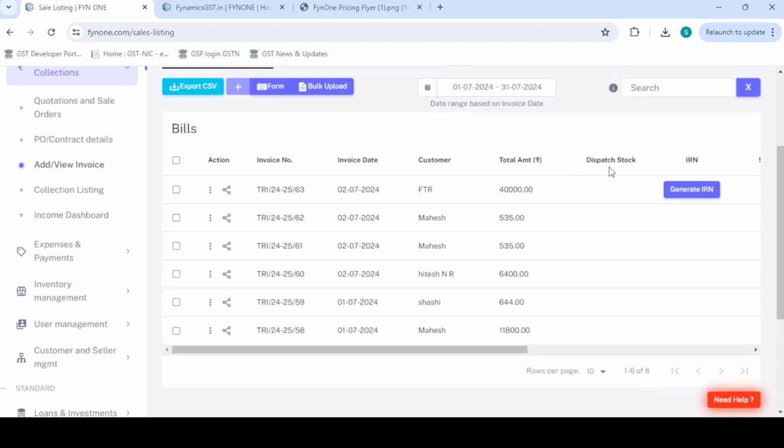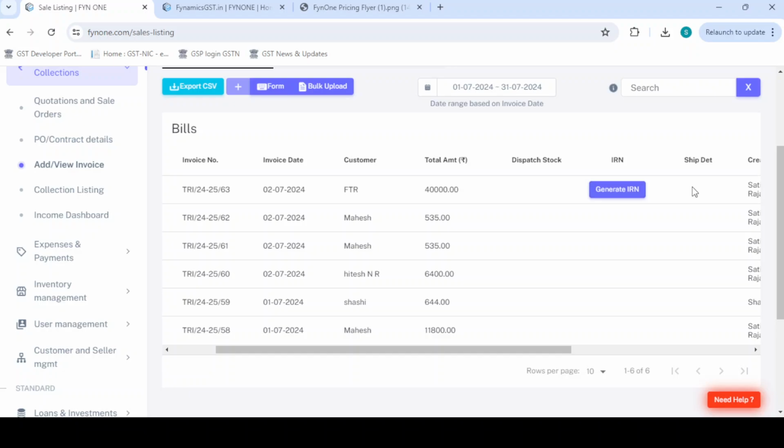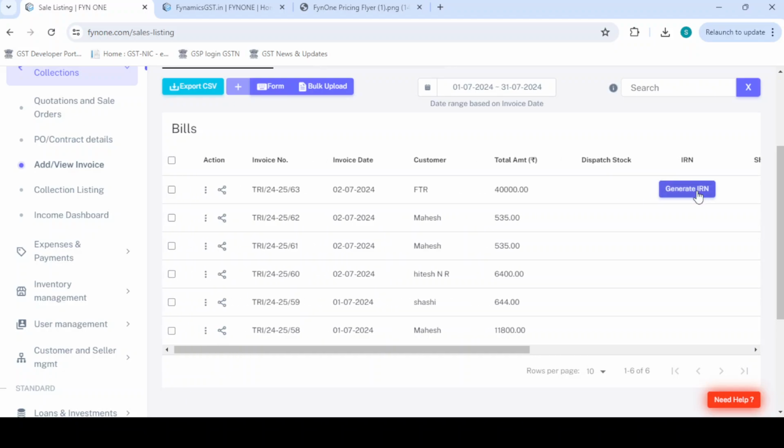Now you will see this option here saying generate IRN if it is a B2B transaction or it's an export transaction. So if it's an export transaction and you have not filled the shipping details, then before you generate IRN, you will see this option here saying add the shipping details, where you have the shipping bill number and date, and then you can generate the IRN. Now you click on this, you will be able to immediately generate the IRN and also download the IRN invoice copy with